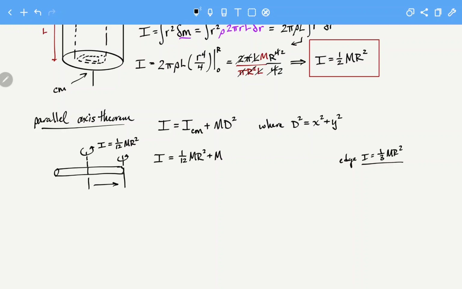Well, in this case, I'm doing this the easy way, so I'm trying to just simplify this. In reality, we're not going to need to use the x and y coordinate system. So our distance is just going to be this radius. We're going to square it, so it's just going to be times mr squared. Now, if I just basically combine these, we just got to do some basic math here. So I'm going to get these both into 12. So we're just going to do mr squared over 12 plus,